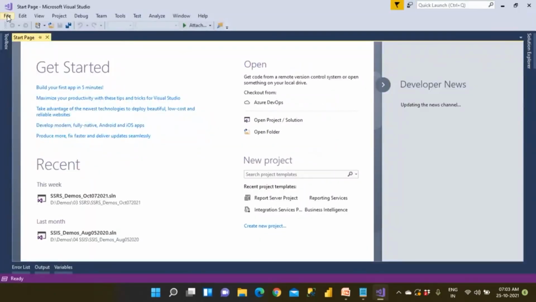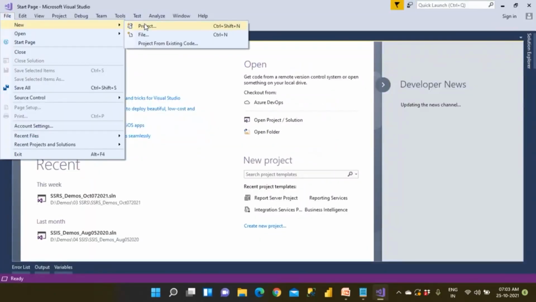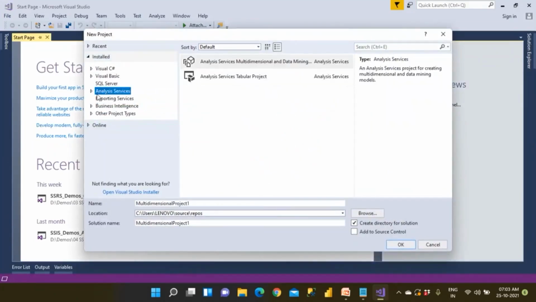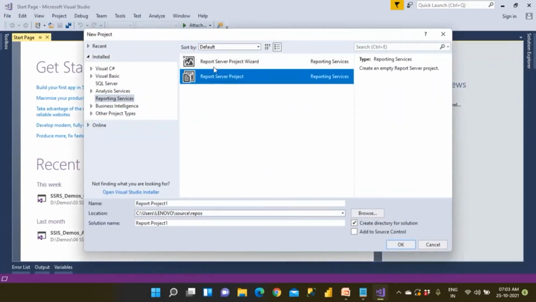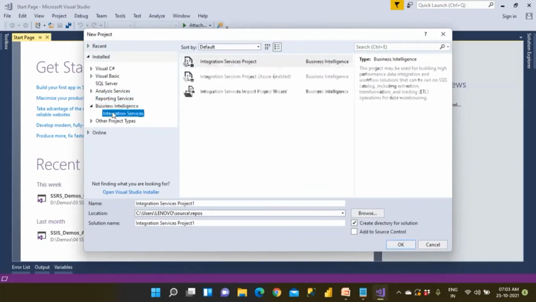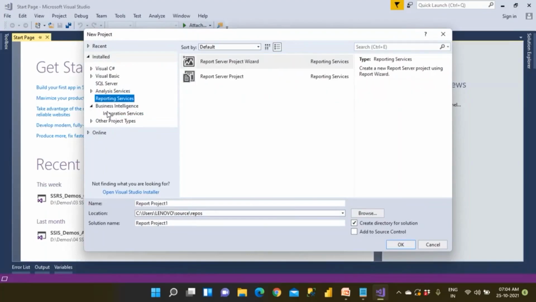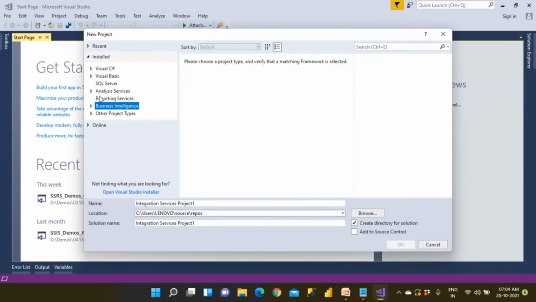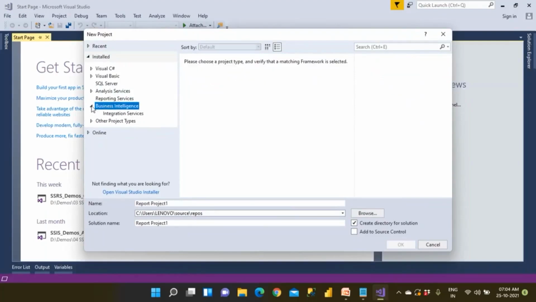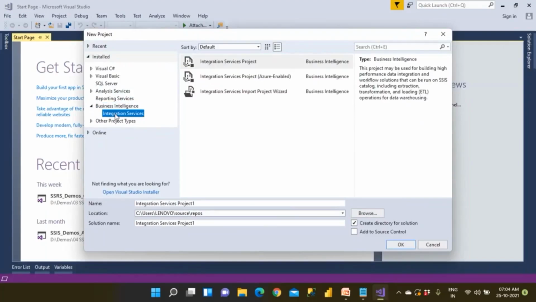Now you go to File, New, Project. Clear? So we have Analysis, we have Reporting. This is SSRS, right? When you click on Business Intelligence, you have Integration. Integration means SSIS. So there are three projects: one, two, three. Analysis, Reporting, and Business Intelligence, where we're talking about Integration. That is SSIS.